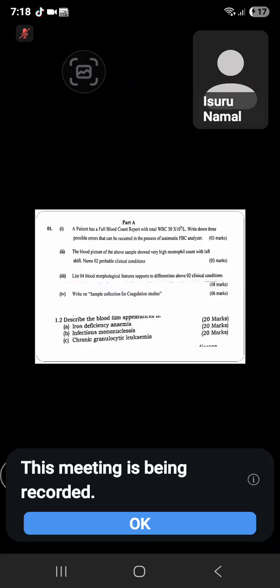You have to describe the blood film appearance in iron deficiency anemia, infectious mononucleosis, and chronic granulocytic leukemia. According to my topic, you have to describe the blood film appearance of chronic granulocytic leukemia here. Then you try to plan your answer during this